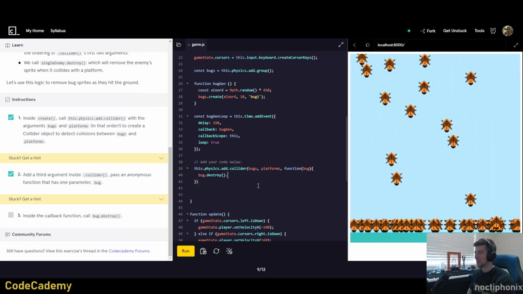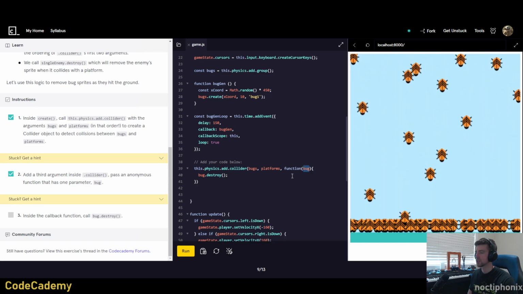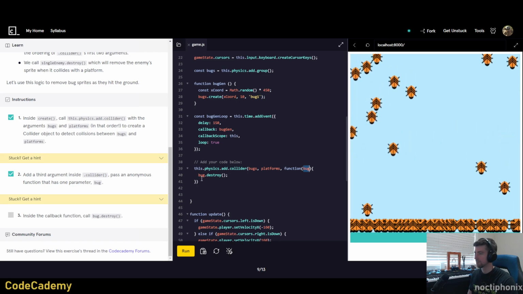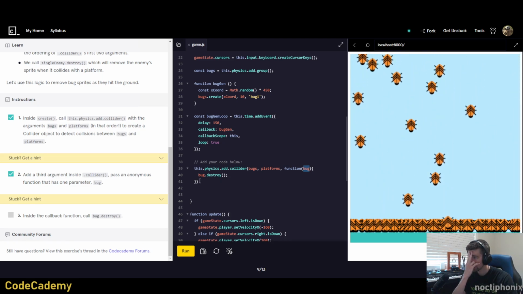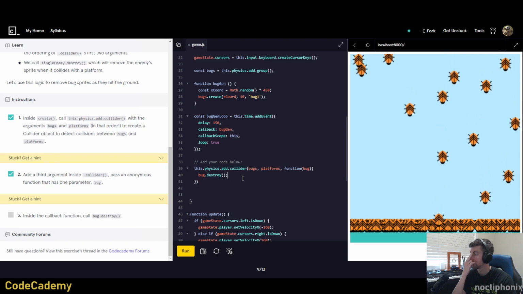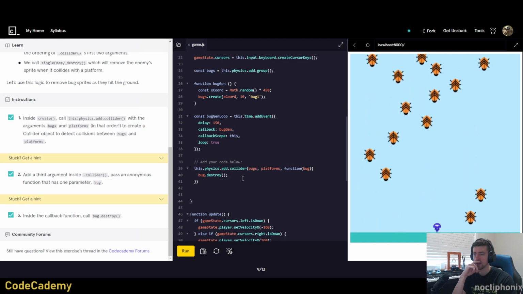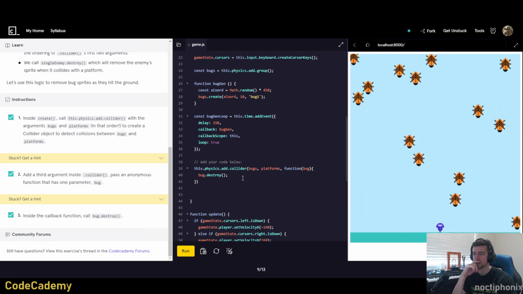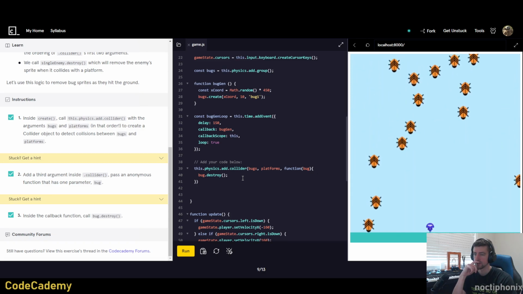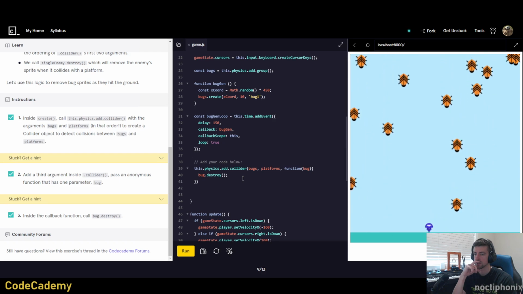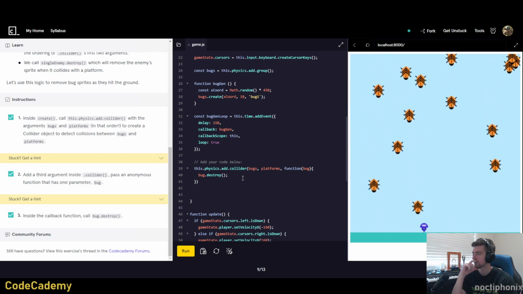I'll go ahead and mention this because I tend to get confused about these things, but bug is essentially an alias for what this function is seeing. So it's saying whatever bug is, destroy it. And we'll go ahead and start this. What it does is it makes the bugs disappear. Now they won't cover Cody as he's moving around, and they'll just pop out of existence once they hit the bottom of the screen. Of course, they're not hurting Cody yet. We'll code that in a second. But okay, so